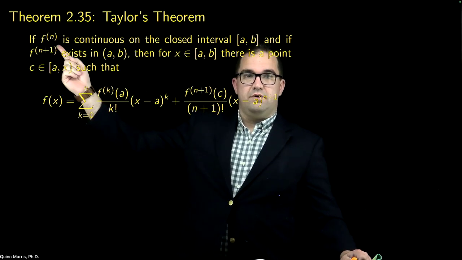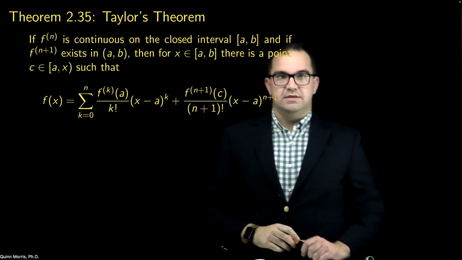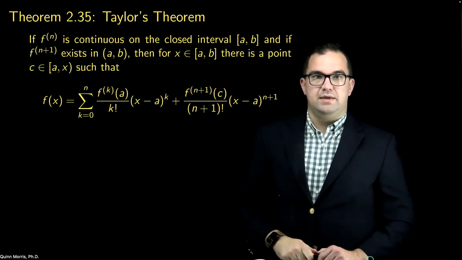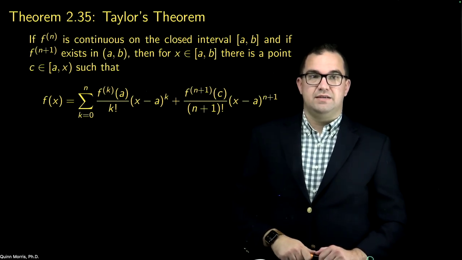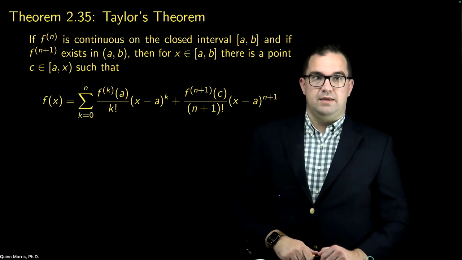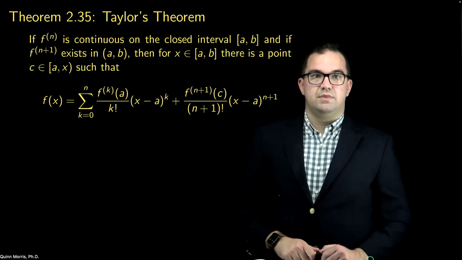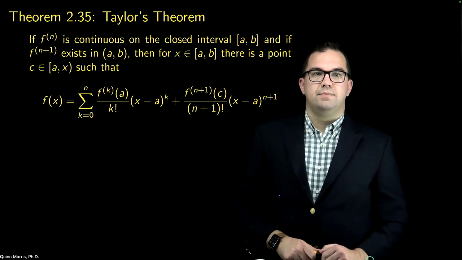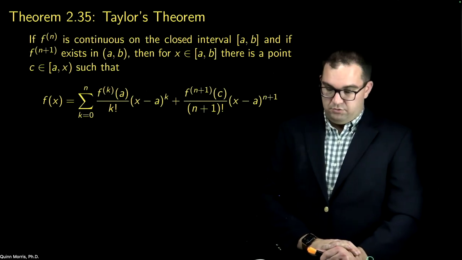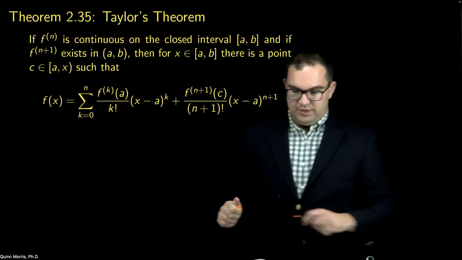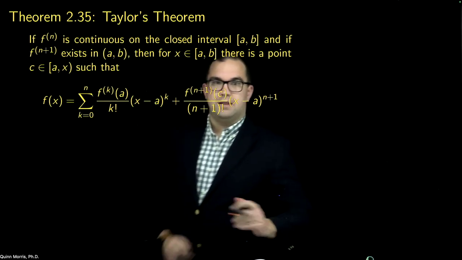So if the nth derivative of f is continuous on the closed interval [a, b], and if the n plus first derivative of f exists in the open interval (a, b), then for x in the closed interval [a, b], there is a point c in the interval between a and x, including a but not x, such that f of x is equal to this expression. Now, when we first look at this expression, it looks quite complicated, but